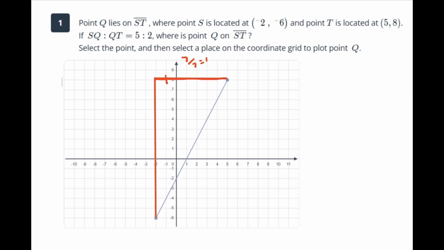So this needs to be partitioned off in segments of 1 unit. I'll make that one better. And then 14 divided by 7 is 2. So these segments or partitions should be 2 units long. Now on the side that's given, the ST, because this is S and this is T, we want to make a point on there where these 2 lines